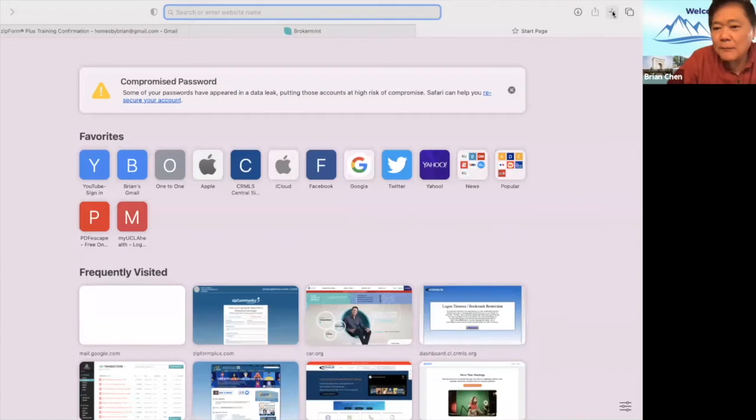My job is to introduce to you the basic functions of zipForm. And in the meantime, your flyer mentioned about 6 basic functions. I'm going to show you a little bit more today. Because there is another very useful feature I think you guys need to know, including how to use templates to set up your zipForm so that you don't miss any forms that you need, and also how to add photos